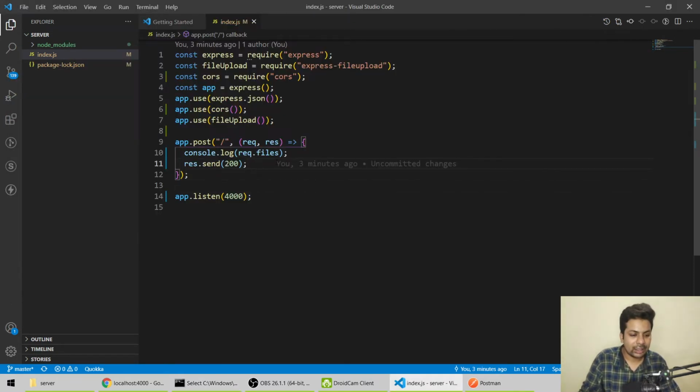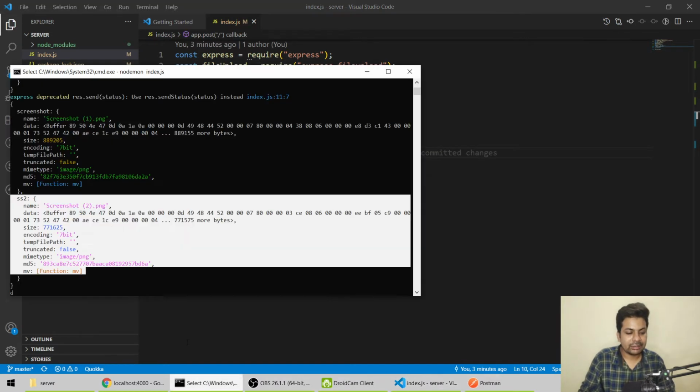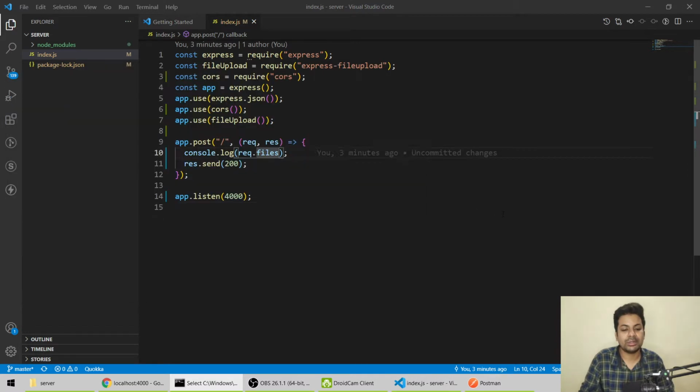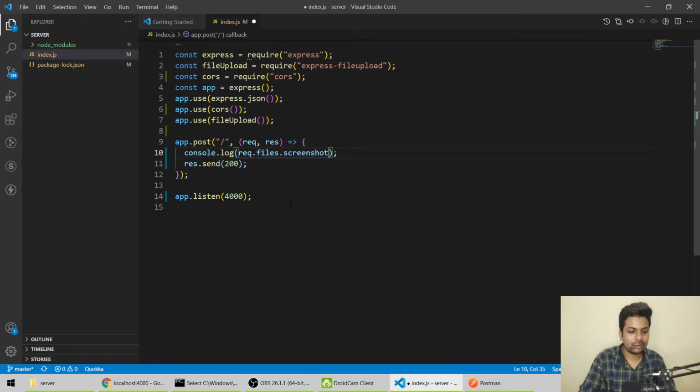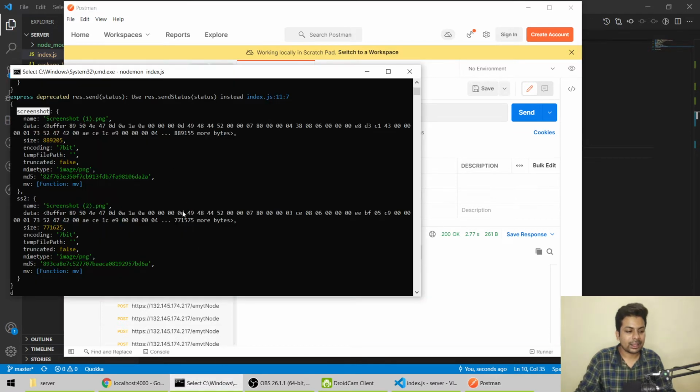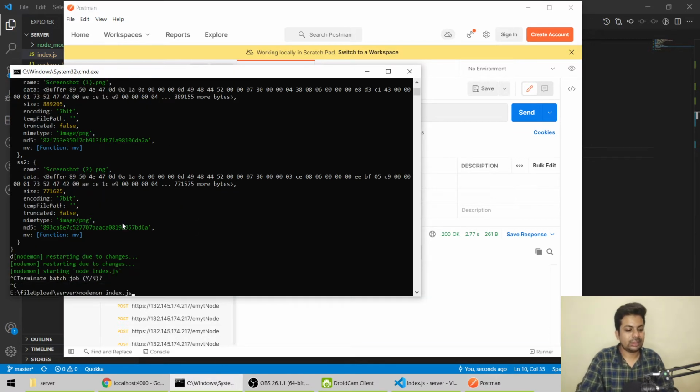So I'll do console request dot files, and in files we can see its input tag name is screenshot, like it's the object name. So we'll do request dot files dot screenshot. We are sending two files, but we are printing screenshot only. So let's just remove the unnecessary one.